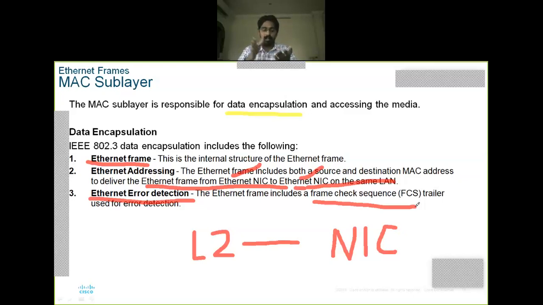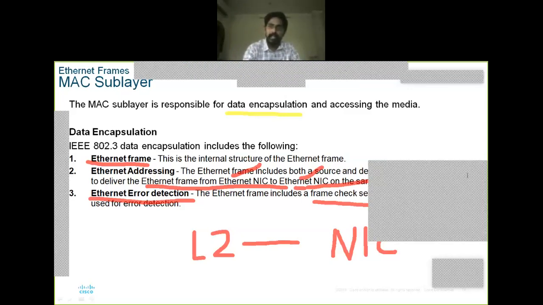We are dividing or sending the data in the form of frames only. Ultimately, at the Ethernet layer, we send data in the form of frames. So each frame has its own identity. At the receiving end, all the frames should reach the destination side. If any errors occur, how do the upper layers or the system remove them? It's the duty of the Ethernet layer, which contains error detection.